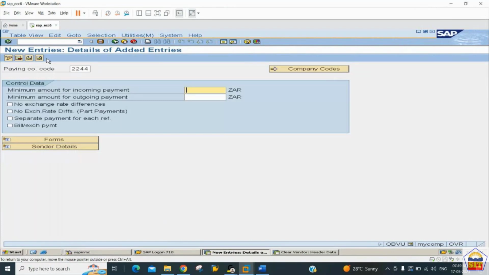So here, through this automatic payment program, we can generate the incoming payment as well as the outgoing payment. We want the outgoing payment generated, and that is for our vendor. Here it is asking whether it is incoming or outgoing. We also have the option to give a minimum amount limit. So what should be the minimum amount that you want to get processed through the automatic program, and the rest you want